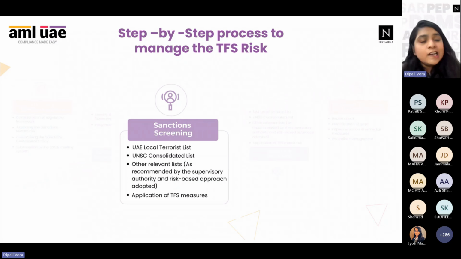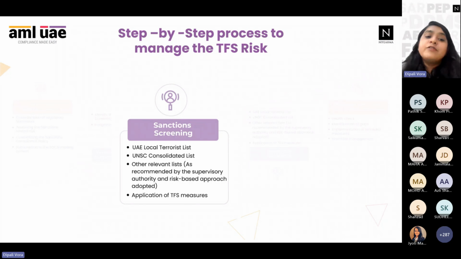Apart from that, it should also cover those sanction lists which are relevant for our organization. If there are other supervisory authorities in UAE that mandate certain other sanction lists in addition to UAE and UNSC, you have to screen against those too. So even that should be covered by the software, and you must follow the law. If they are asking you to screen against a specific list, say for example European Union, UK HMT or OFAC sanction list, then we need to do that.